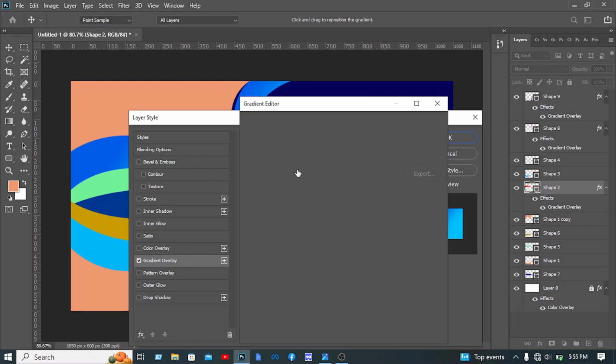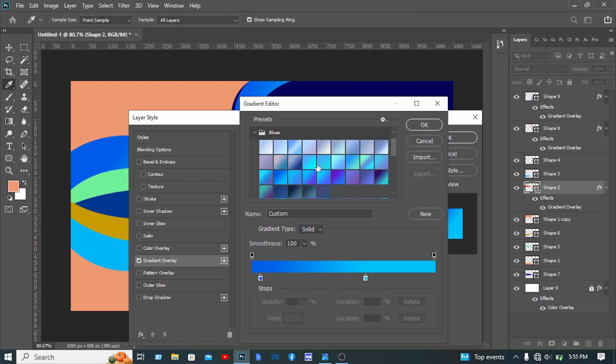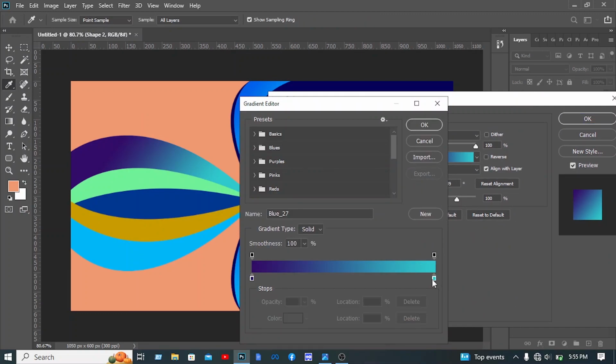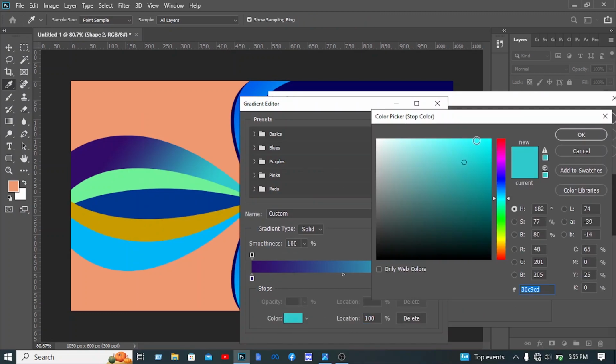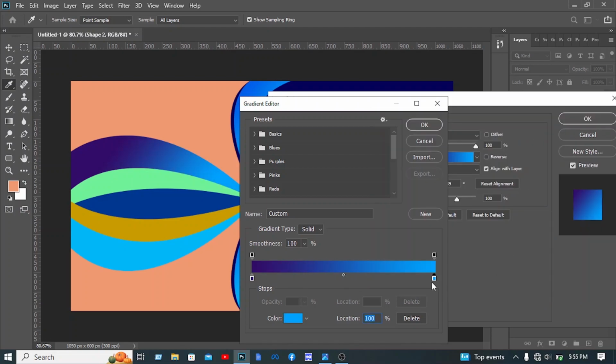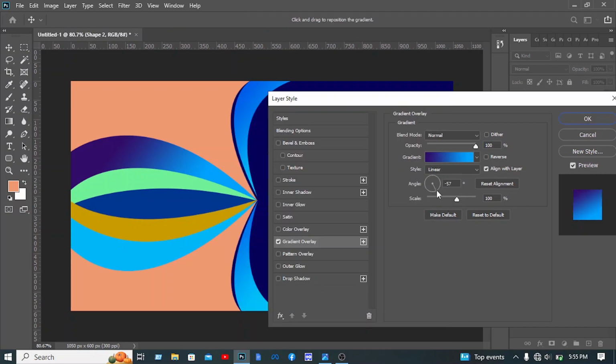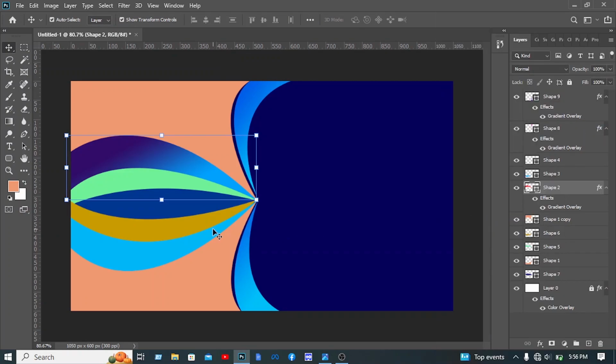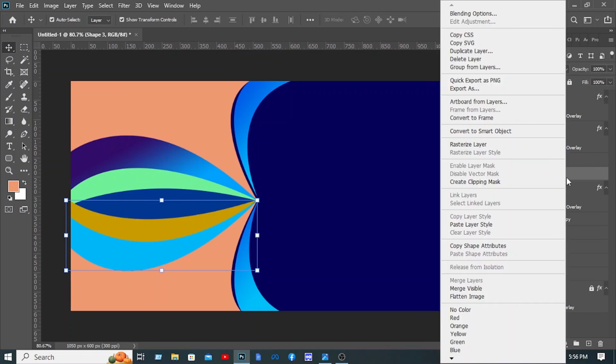then click on the gradient overlay, then click on here, then click on the blues, then you have to select this color, then you have to click on the OK, then click on here, then select this, then click on the color, then you have to select this color, then click on the OK, then drag this in here, then click on the OK, then rotate this, then click on the OK, then right click on this, then click on the copy layer style, then select this, then right click on this, then click on the paste layer style,